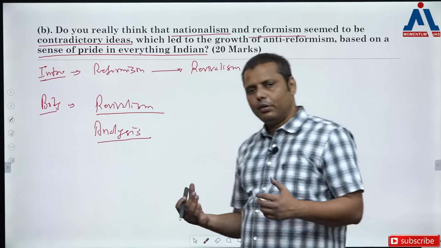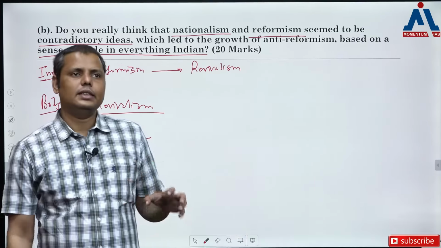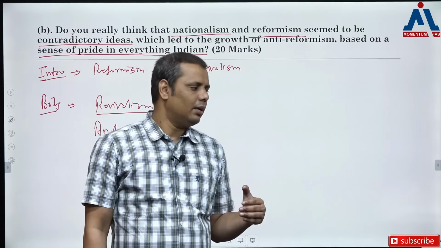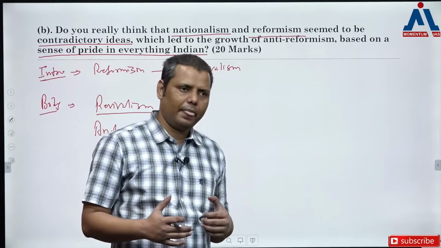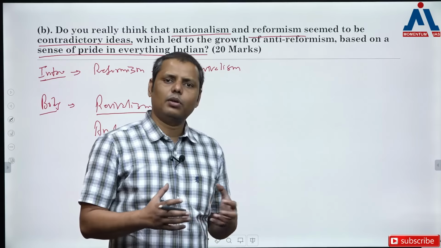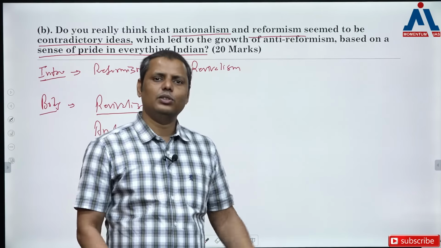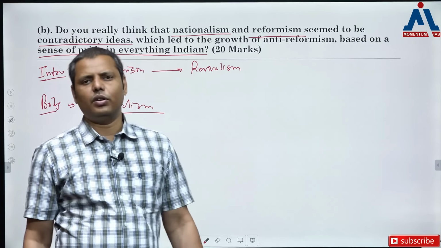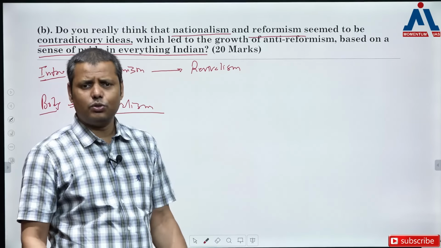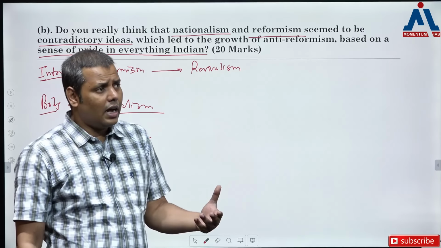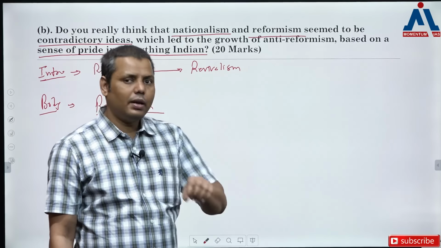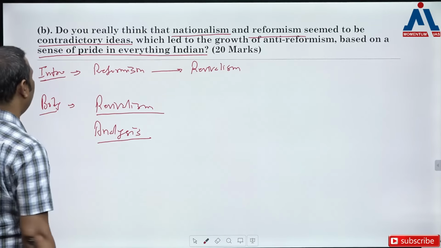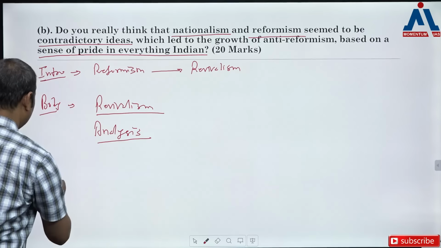On the other hand, some political leaders took it very differently, and this is the period when they started talking about the cultural pride of India, and on some occasions they even started supporting some wrong ideas. Certain cases you can discuss, like the Rukma Bai case, and the Urdu-Nagri controversy. There are several examples. History is full of such examples towards the end of the 19th century where people had been supporting these kinds of ideas, and that's how you'll write about it. Got my point? And then you'll write in the conclusion